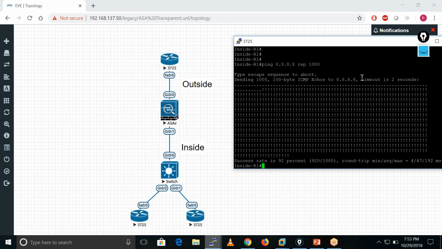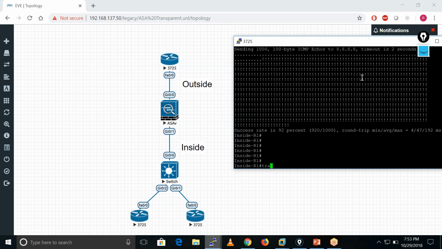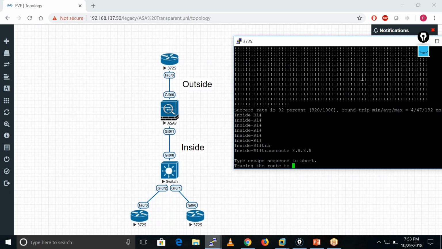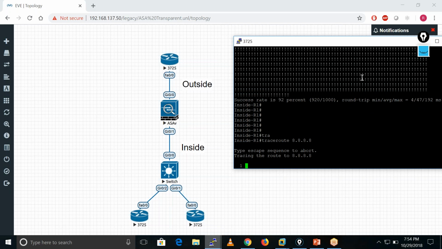Let me first send the traceroute, okay? Trace RT to 8.8.8.8. Let this complete.